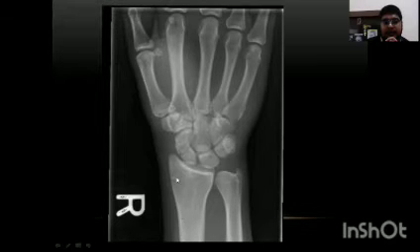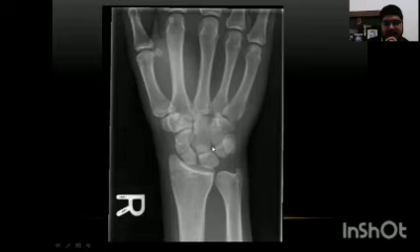So you can see here the scaphoid, lunate, triquetral, pisiform, trapezium, trapezoid, capitate, hamate, all the 8 carpal bones, and you can see all the 5 metacarpal bones also, and you can see the joint space.